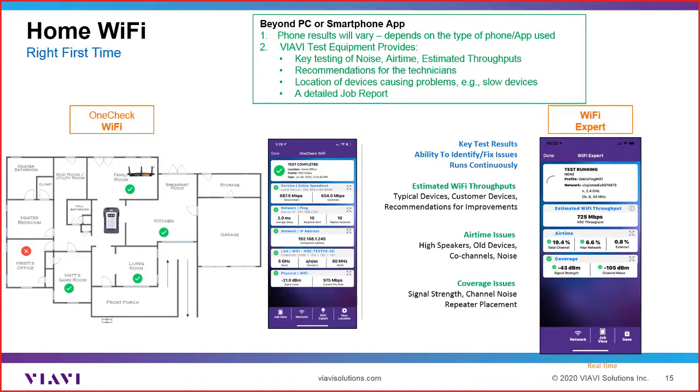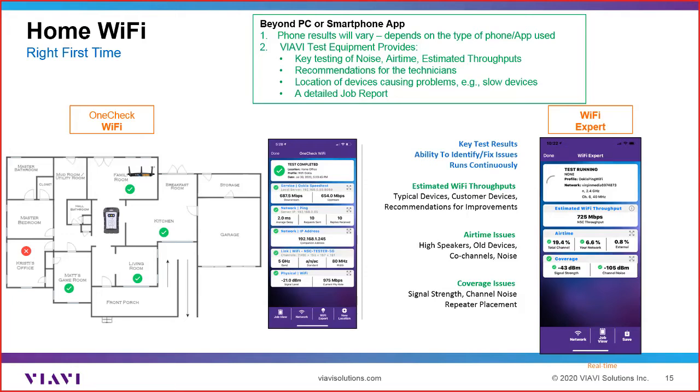Maybe they don't know, or they start guessing what to do next. If they're using just some Wi-Fi capability from a phone, that's typically more basic and not going to get the results you would get with a Wi-Fi test device. It's also going to depend on the handheld device itself. Each phone or tablet or whatever is being used is different, so you'll get varying results by user. And having a standard, the same test equipment then is going to provide